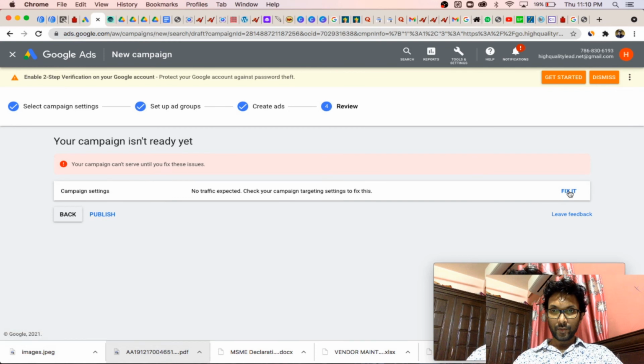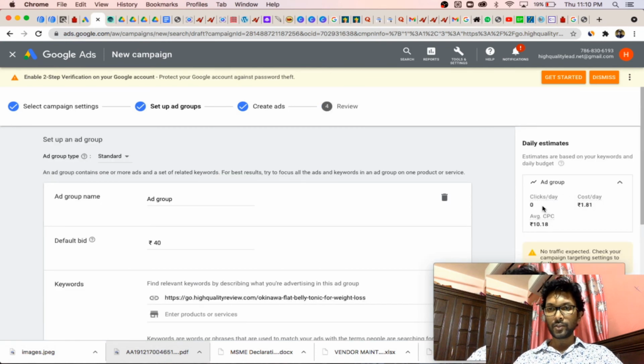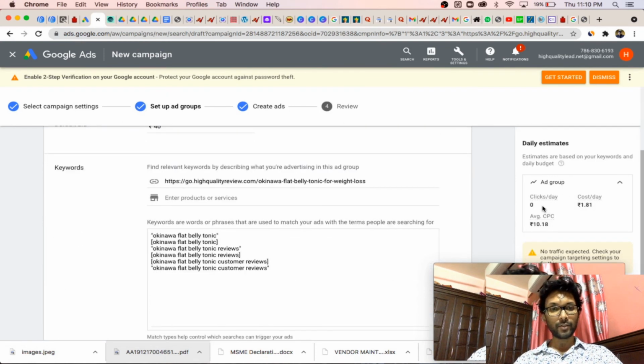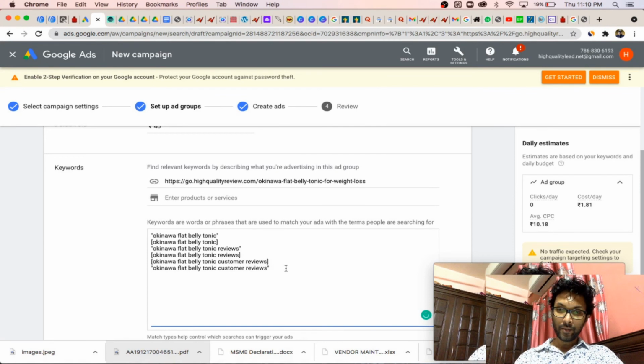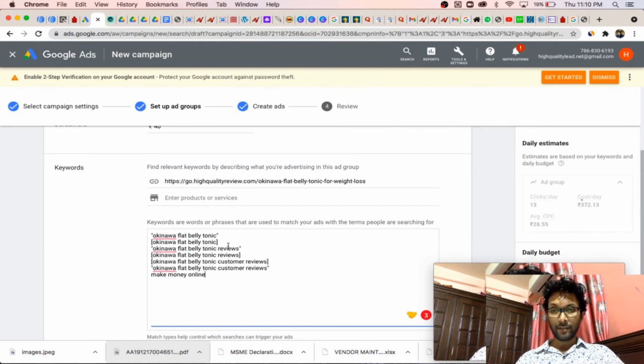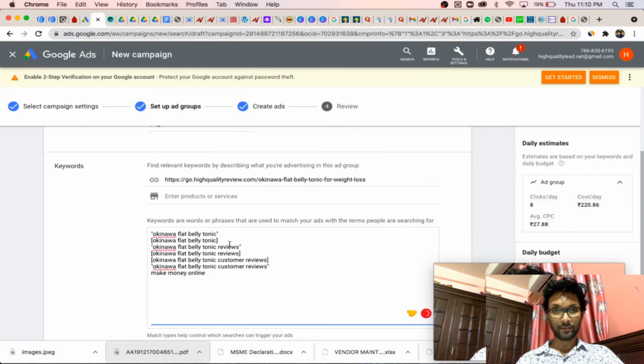It is showing some error. Here it says 0 clicks are expected because I have used very few keywords. So what you can do is use a keyword to bypass this, like put make money online just to bypass this. But when we publish the ad, you definitely have to pause this one.